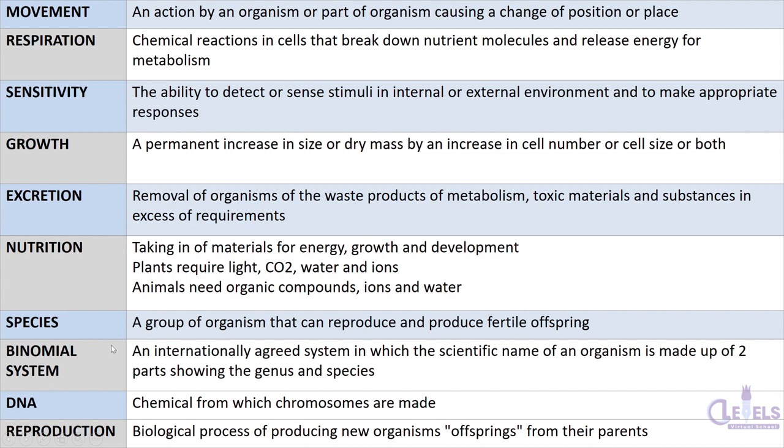The binomial naming system is the internationally agreed system in which the scientific name of an organism is made up of 2 parts, the genus and the species. DNA is the chemical from which chromosomes are made. You can also write it's the deoxyribonucleic acid inside the chromosomes, inside the nucleus. And reproduction is also part of the Mrs. Gren characteristics. This was all about